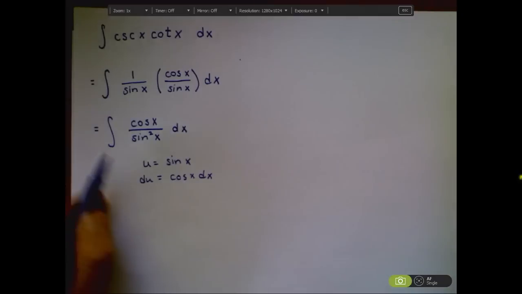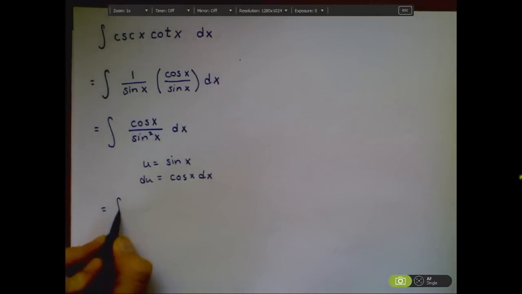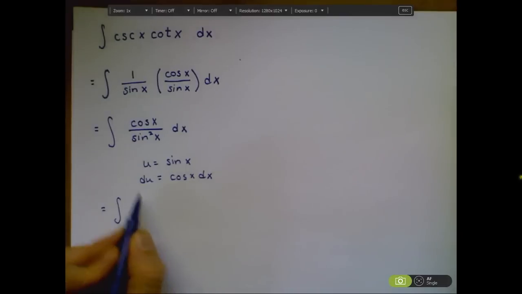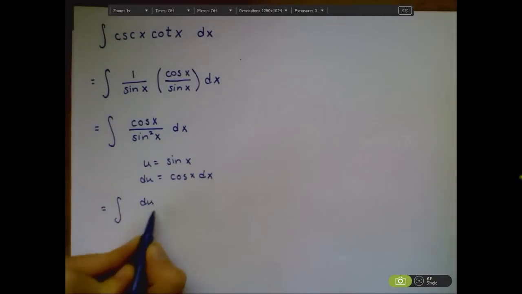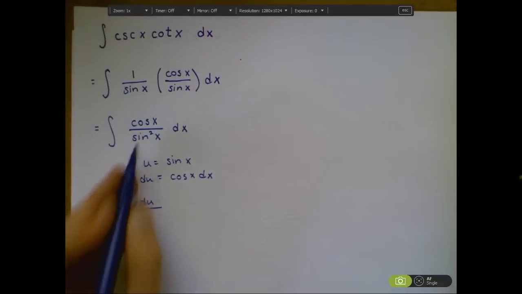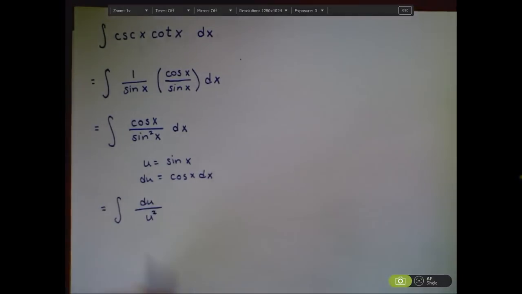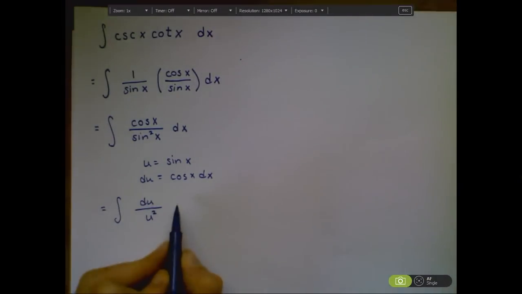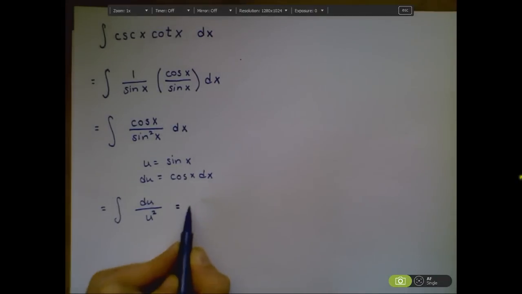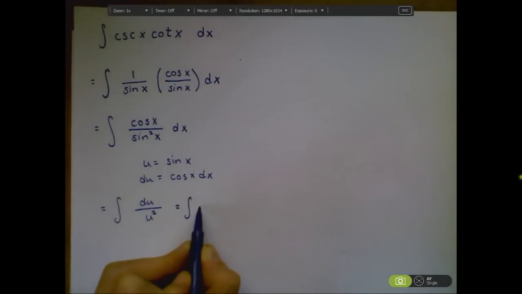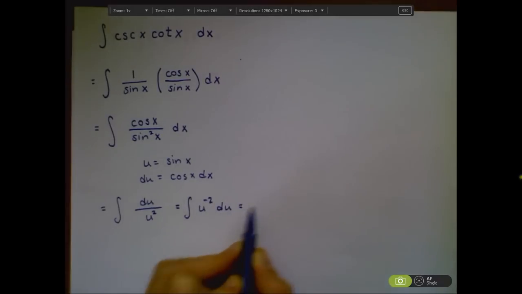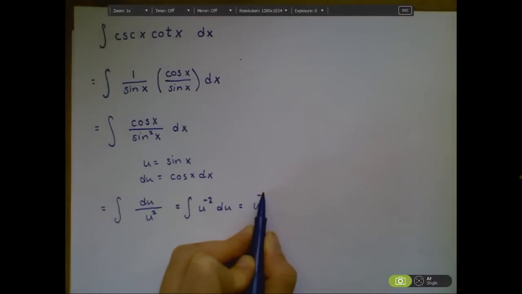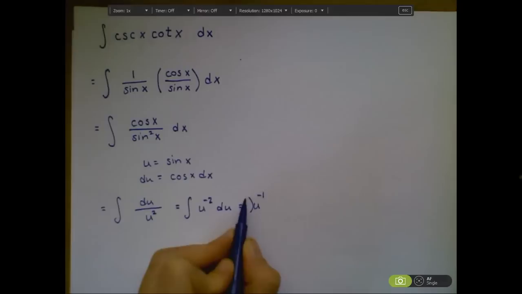And I can convert this whole big messy thing as just the integral of the cosine x dx becoming my du, and on the denominator, I get a u squared. And if I integrate, maybe I'll rewrite this. This is the integral of u to the negative 2 du. So this is just u to the negative 1 times the reciprocal of negative 1, which is negative 1,